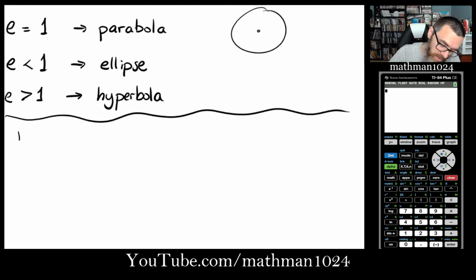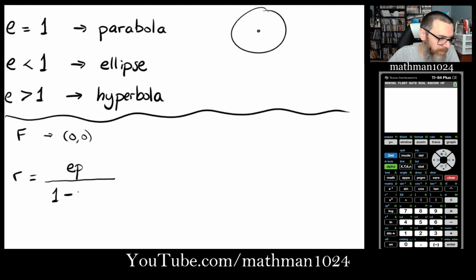So for all of these, the focus is going to be at the origin. If I say r is equal to ep over 1 minus e cosine theta,